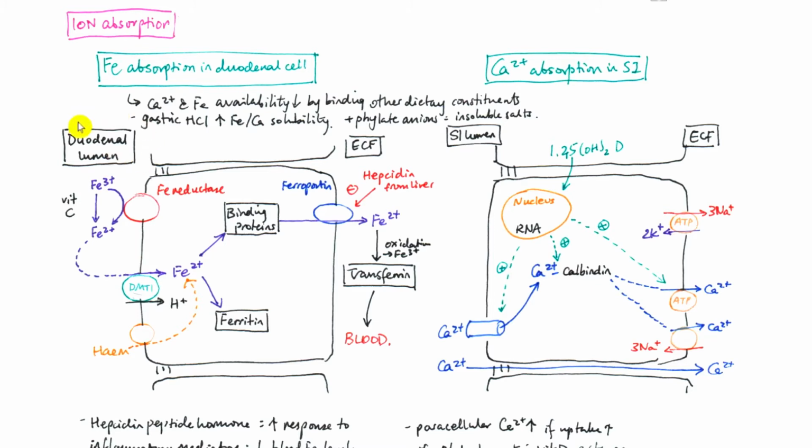In the duodenal cells, this is the lumen, this is the extracellular fluid, we have iron in the form of Fe3+, which can't be absorbed. It has to be reduced by either vitamin C or iron reductase enzymes on the duodenal cell membranes. Once it's reduced, it can enter the duodenal cell via a DMT1 transporter, which transports it along with a hydrogen ion, or it can enter as heme, so bound to protein. Then the iron is all isolated, and it can either